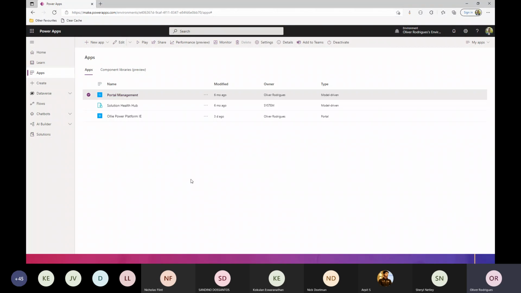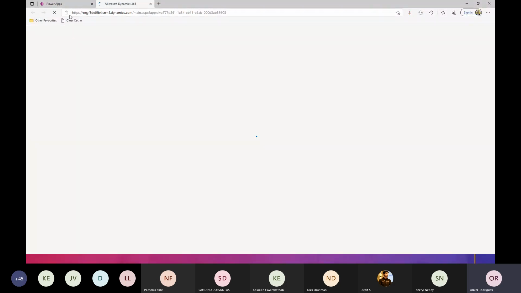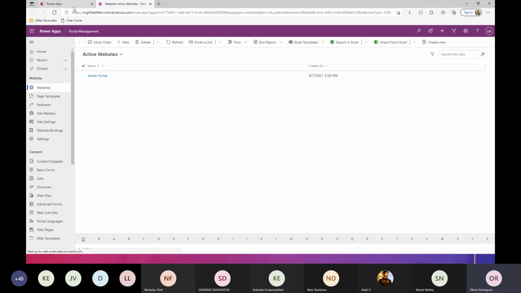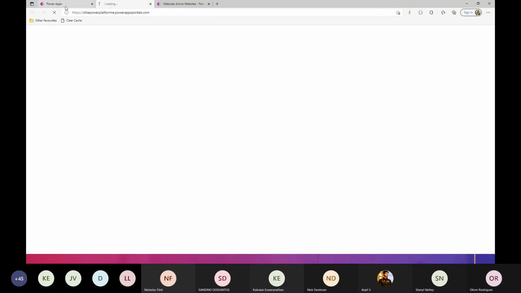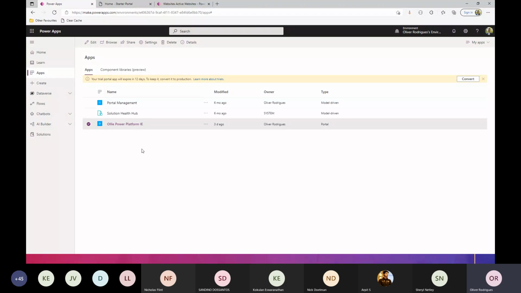And I'll just do a very quick recap again, and we'll create a few pages here. So I'm here in makepowerapps.com, and I'm going to click on Portal Management app. I'm going to click on my portal itself. And I'm also going to launch the Portal Studio, which is just by clicking the Portal app and click on